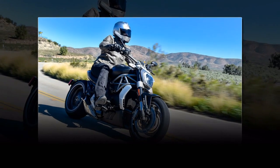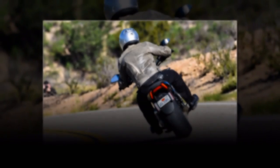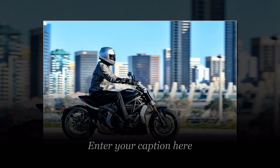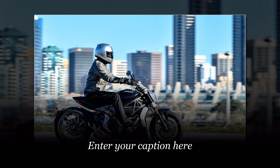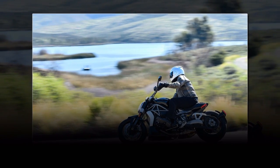2016 Ducati XDiavel's first ride review. The XDiavel is a perfect example of the Ducati design approach. First, the designers decided what constitutes a cruiser as seen through its research of the American market. Next, the designers processed the information through the filter of Ducati styling, technology and performance to settle on what the